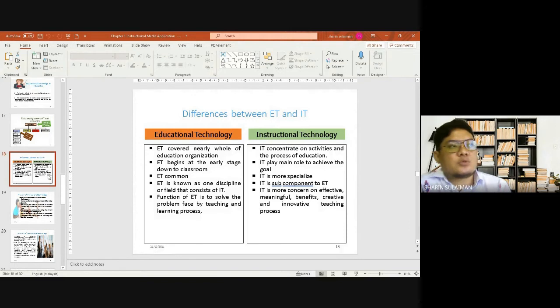In a school, it only covers a certain aspect, which is learning and teaching. So it does not cover systems like the one teachers use to apply for holiday or leave. That it does not cover. IT only covers any activities, especially learning activities and the process of